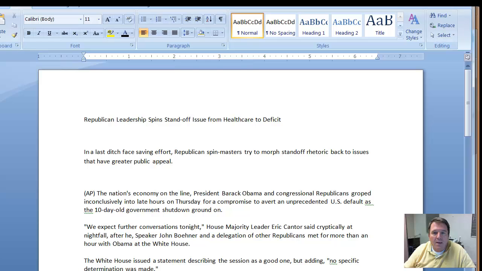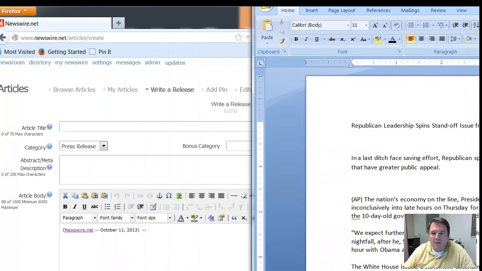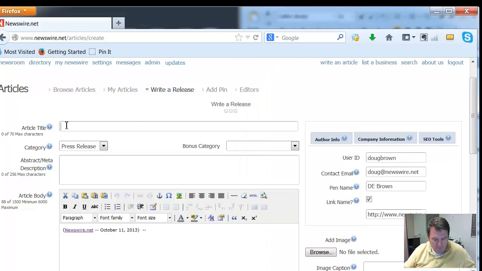So now that we have a little article written, which I've pre-written, we're going to just basically copy and paste some things. So I've got a title, and I'll copy and paste the title into the title bar here. Now you notice that we have a 70 character max, and I've used every one of them. If we were to keep going,